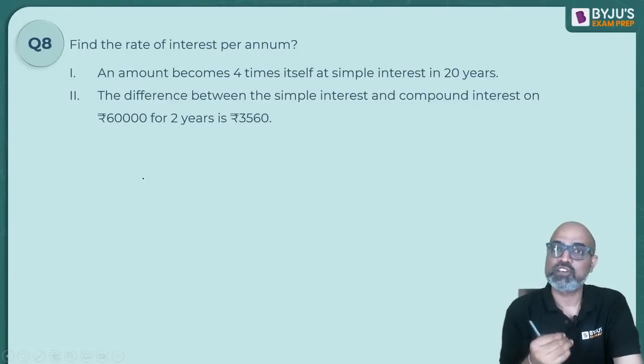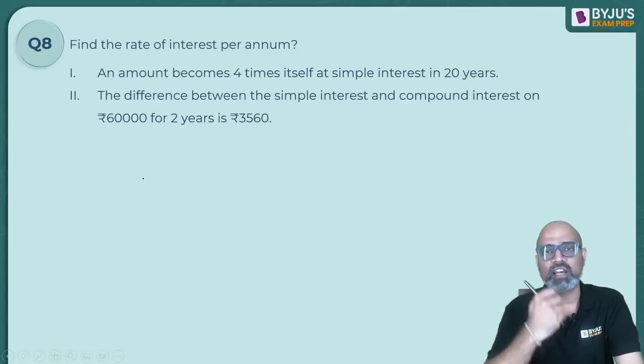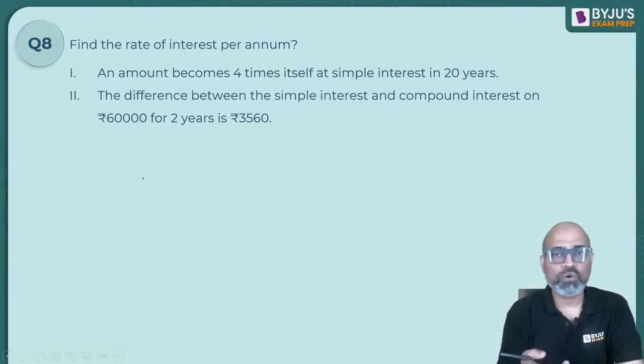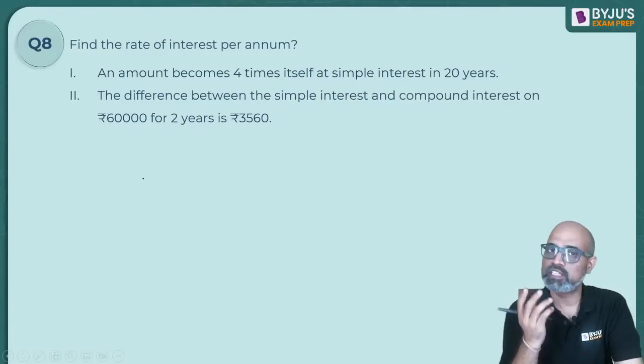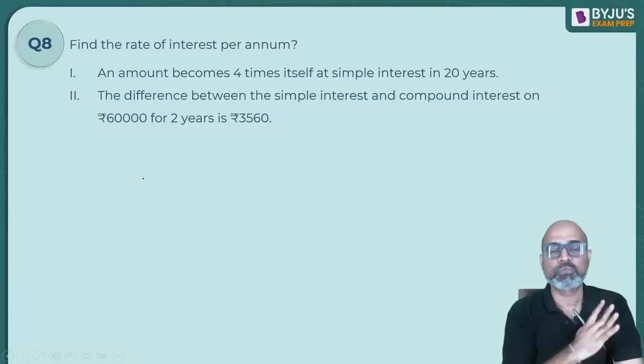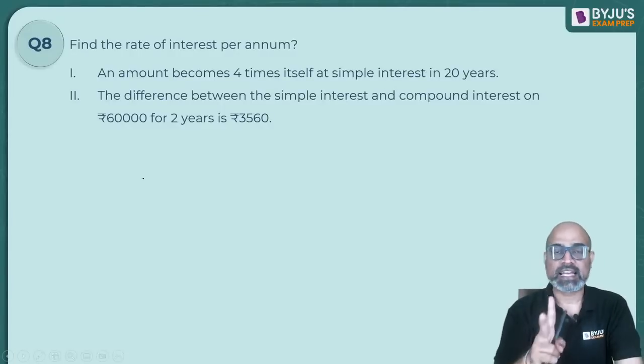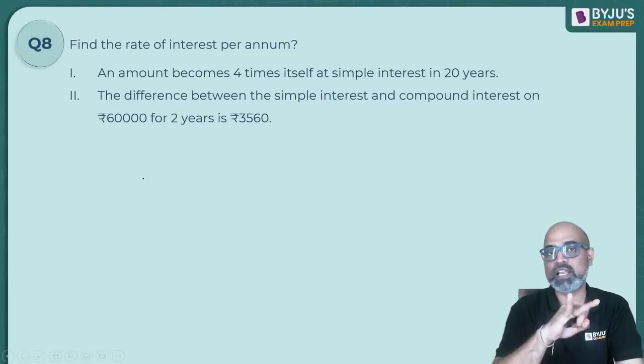Sometimes people assume it's an SI question. Why? They want to do less calculation. So they assume they will solve the SI one. No, unless and until they have mentioned whether it is SI or CI, don't assume it's SI. First thing. Okay. Second, in order to calculate rate of interest per annum, I may require principal or amount,